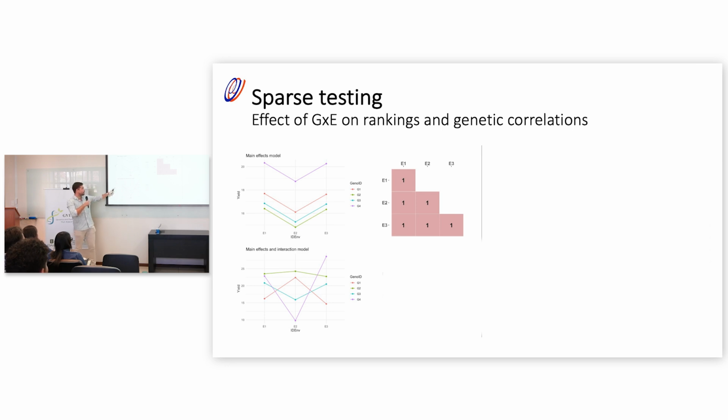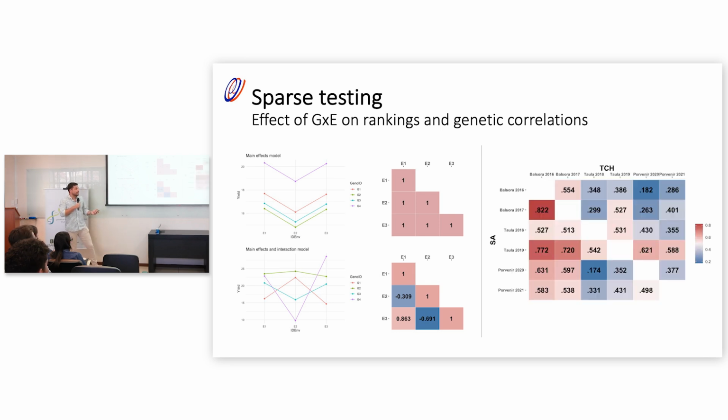Here, for example, we could define genotype 2 as a stable line that behaves similarly in all the environments, while genotype 4 is kind of a superior line. It's a racehorse. It's really good in environment 1 and environment 3, but it's not good in environment 2. And if we compute the genetic correlation now, we have something like this. See how the lines that are good in environment 1 are also good in environment 3. This is why we have a high correlation here, but in the other case, the correlation is negative because the rankings are totally swapped.